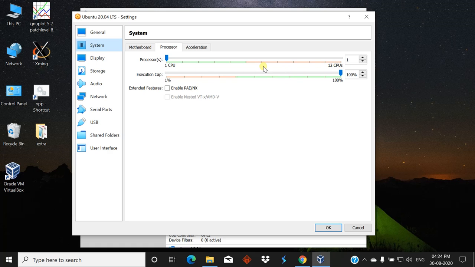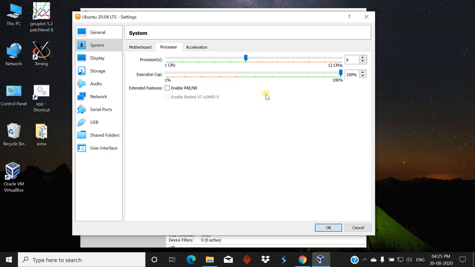You can change it as your requirement. If anyone has 4 cores, then it shows 8 CPUs. In my case it is 6 core, that means 12 CPUs. So I can change it up to the green mark as the safe side.